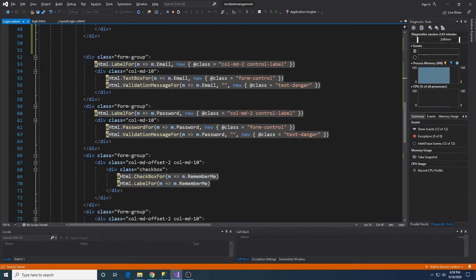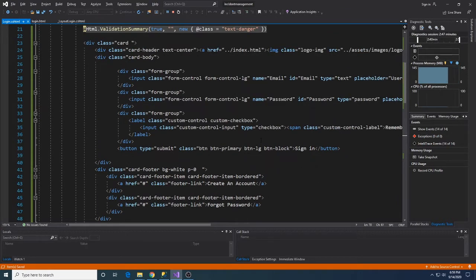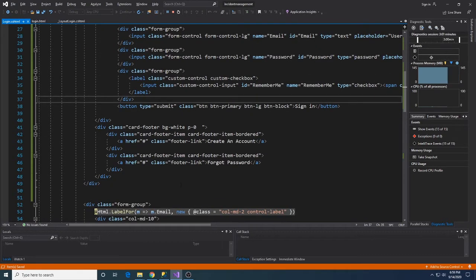Now next is remember me. So remember me, we have also remember me here. Now remember me here is that let's add id is equal to remember me, name is equal to remember me. Okay. Now next is we have here